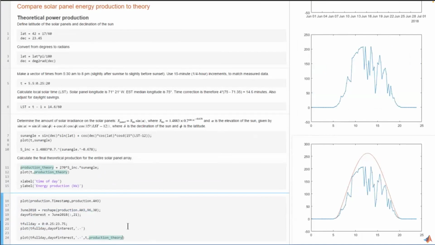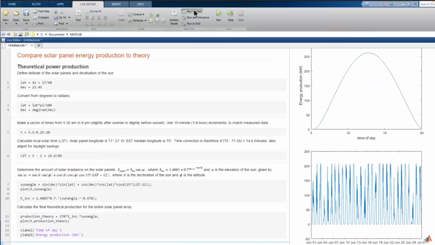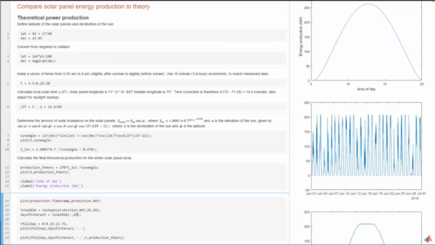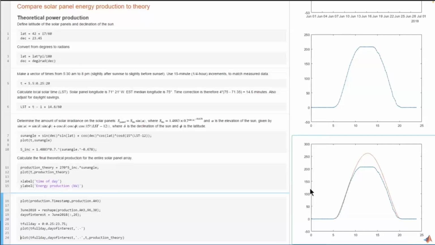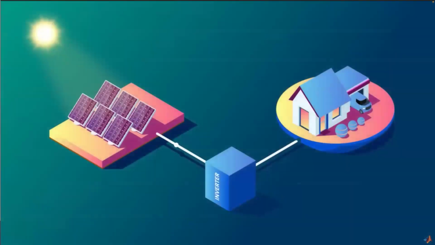But remember that the 26th did look good, and a few days won't change the angle of the sun that much. So let's look at that day. Thankfully, it's easy to change to a different day and rerun the section. Now we can see that the data agrees with the model, well, up to a threshold of how much the